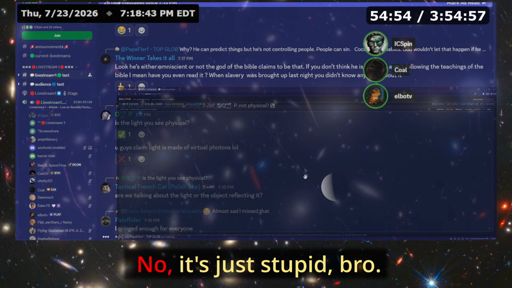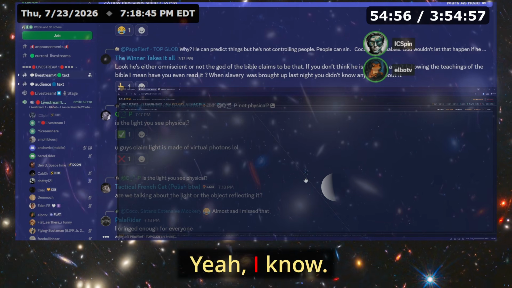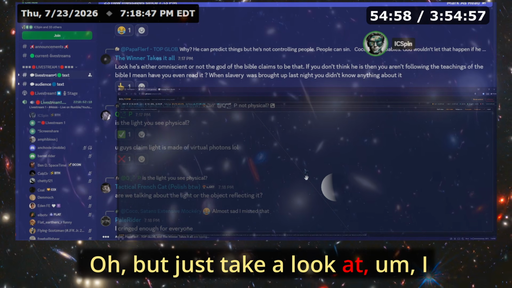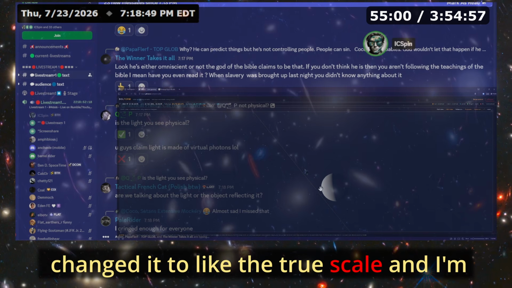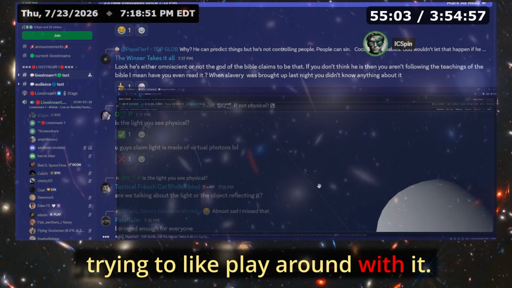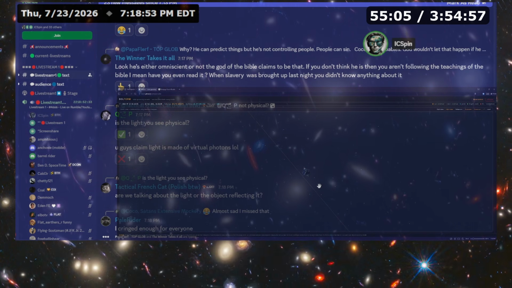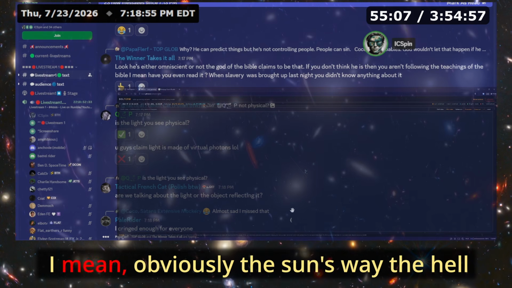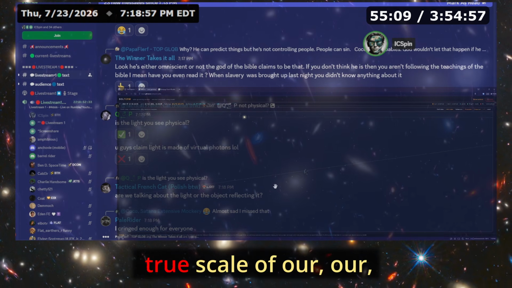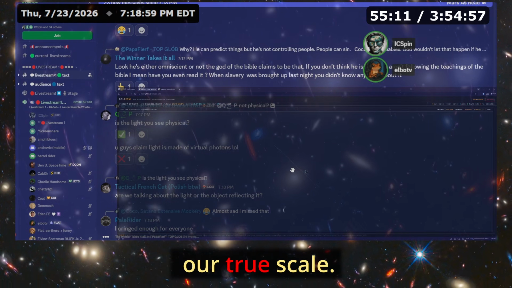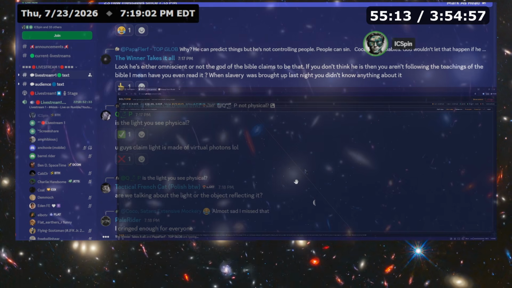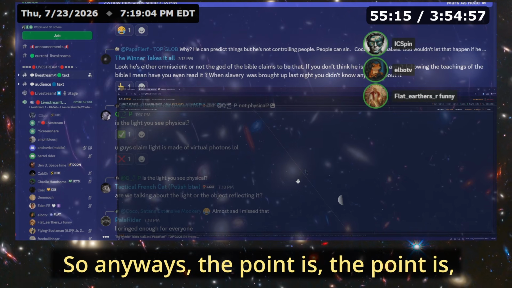No, but I mean, it's just stupid, bro. It's just ridiculous. Yeah, I know it's stupid, Elbow. But just take a look at this. I changed it to the true scale, and I'm trying to play around with it so you can get an idea of where it would be. Obviously the sun's way over there, and Saturn, that's the true scale. So, anyways, the point is this is